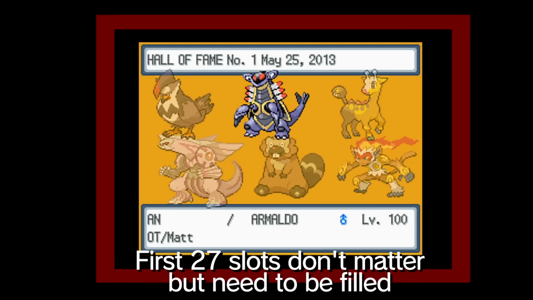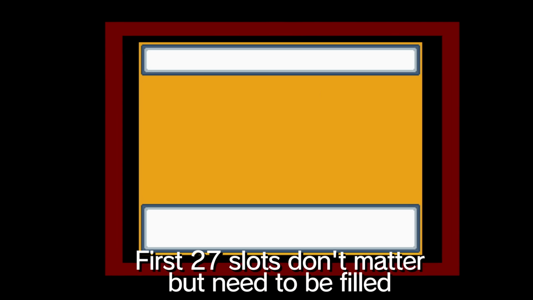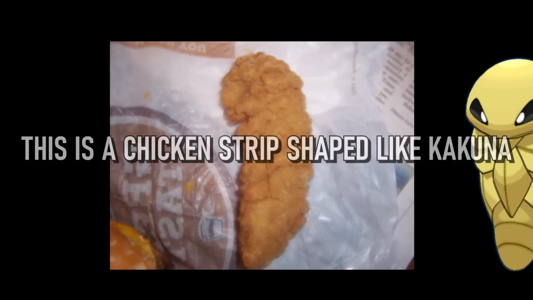So first we need to set up the Hall of Fame data. The game stores up to 30 Hall of Fame clears, and the only ones that we care about for this code are the final 3 in slots 28 through 30. And we need one particular Pokemon for this. Kakuna,